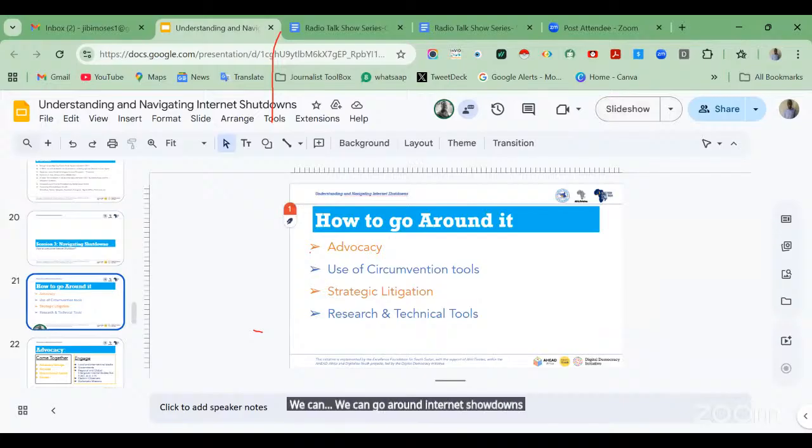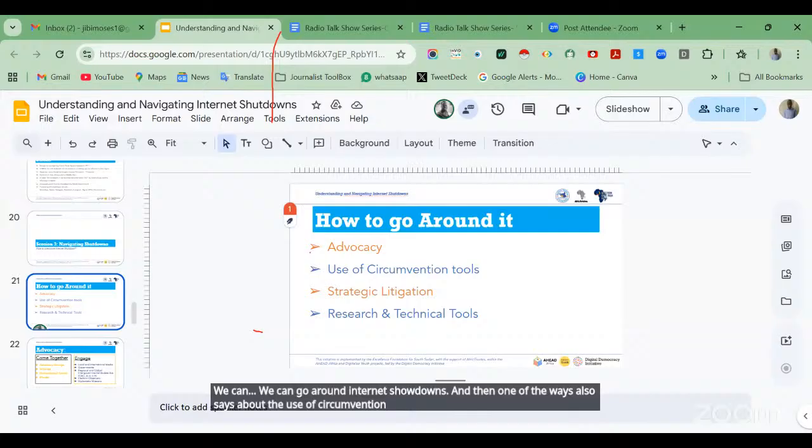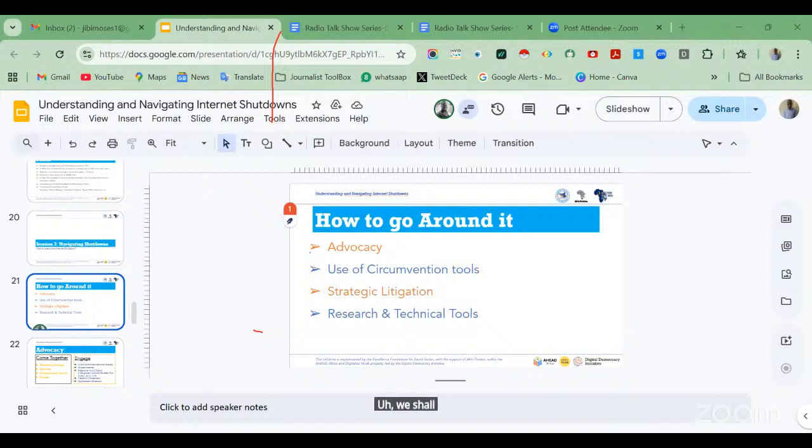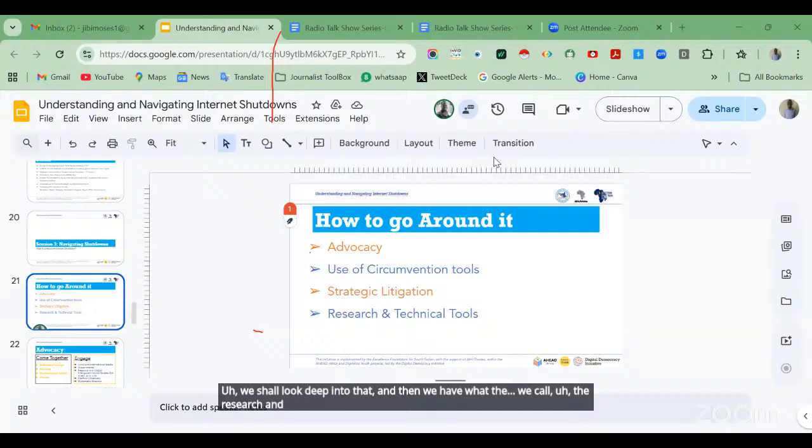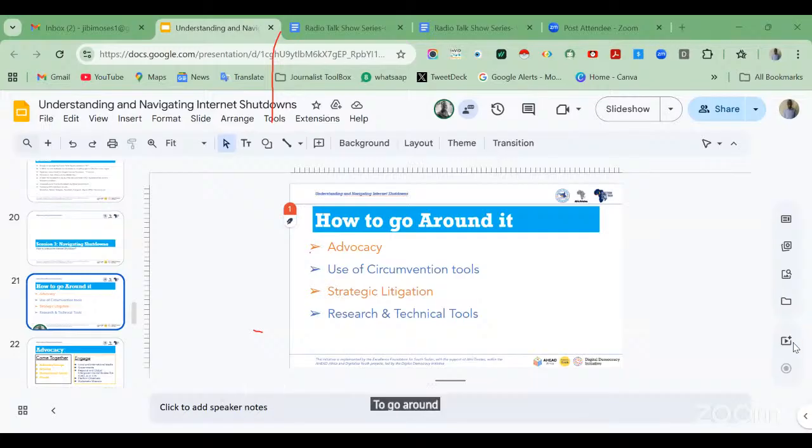Another way is the use of circumvention tools, which we defined earlier on. Then we also have strategic litigation, which we shall look into deeply, and then the research and technical tools that we can use to go around internet shutdowns.